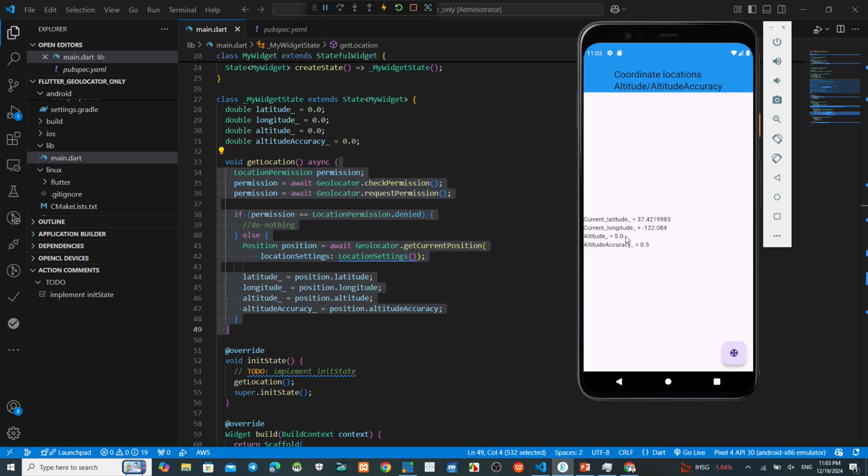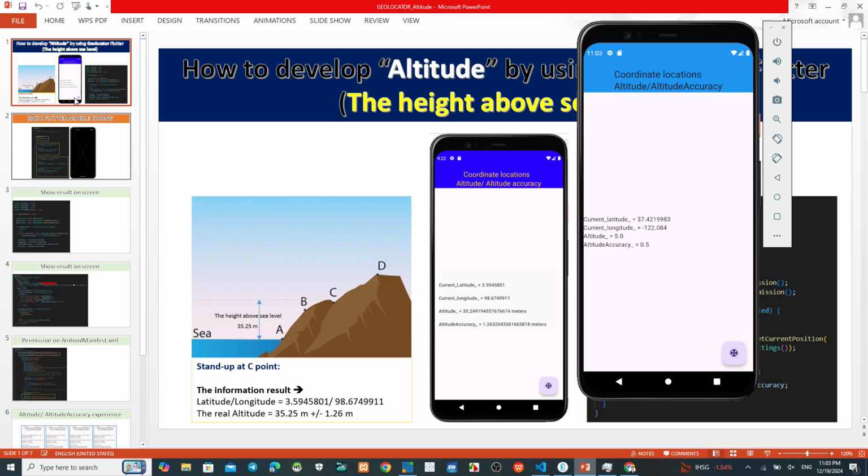This one the altitude. So if you run this application on your smartphone and then you go anywhere, for example, sea point, and then you want to measure how many meters from where you stay here to the sea level. For example, on this one, 35.25 meter. But on your application, this is just an example.